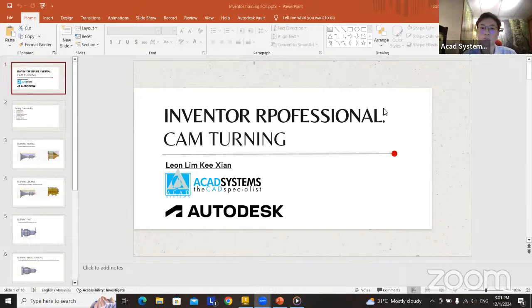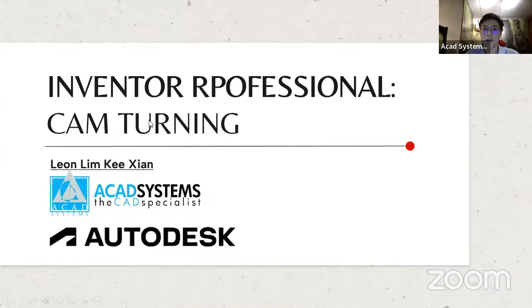I'm Leon here. Today I'll be sharing with you on how to use Inventor to do CAM turning. If you have purchased the Product Design and Manufacturing Collection from Autodesk, you have Inventor that should include the Inventor CAM extension to allow you to do CAM simulations such as turning and milling, 3-axis milling or 5-axis milling, and so on and so forth. But today I'll be mainly focusing on how to use Inventor CAM to do